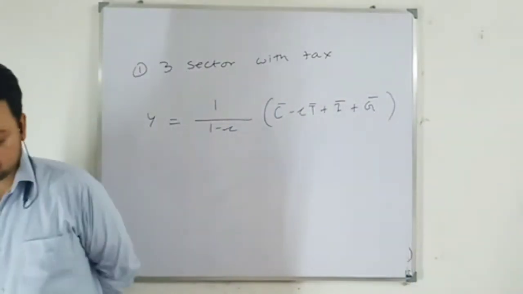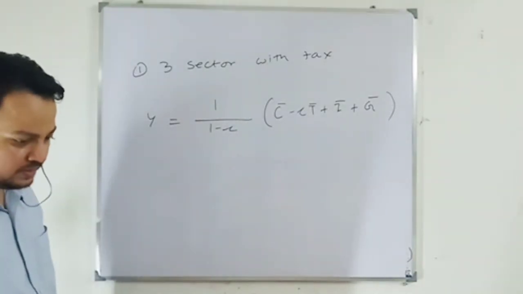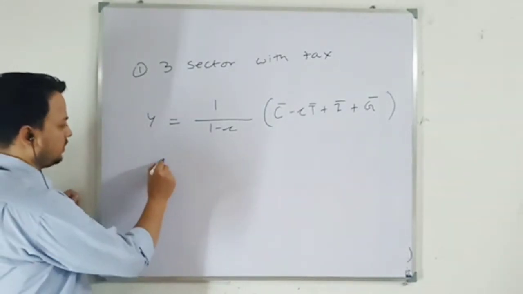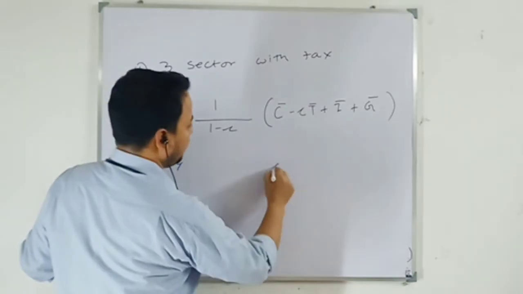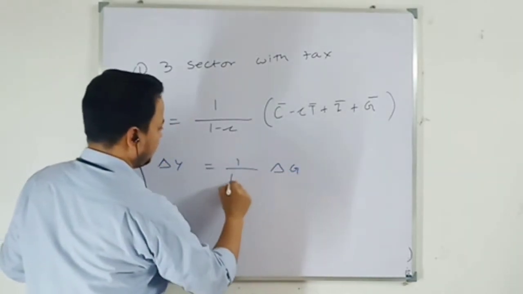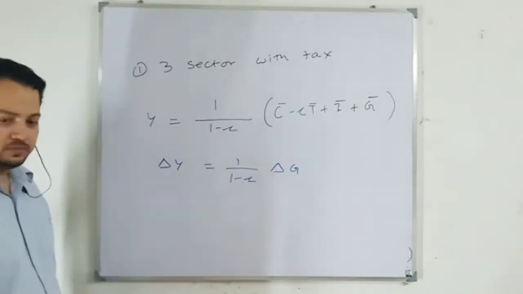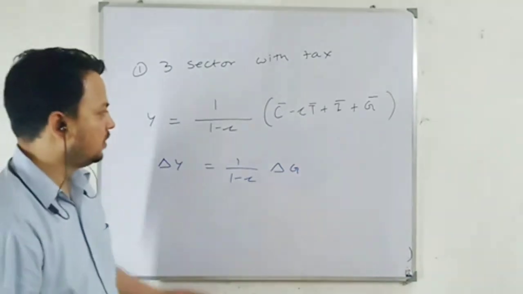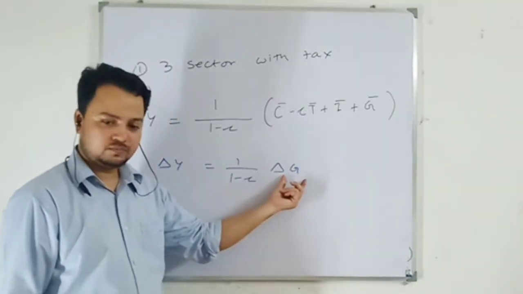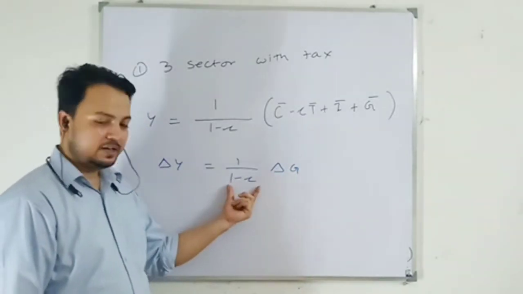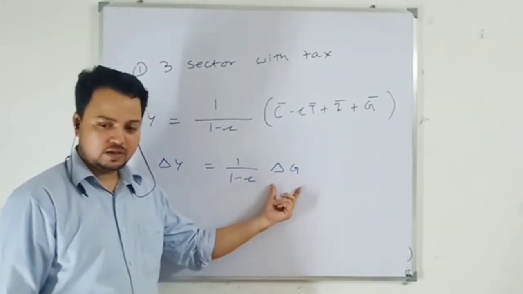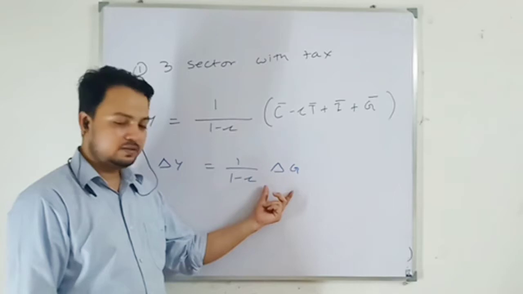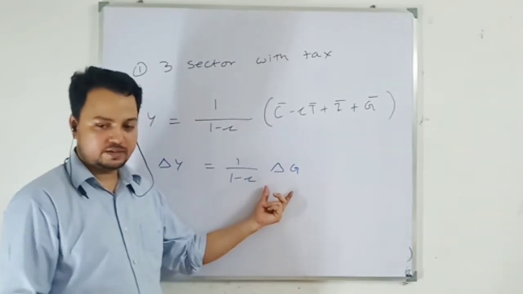And in the next paragraph, write down: increase in income due to increase in government expenditure is calculated by the following equation. Change in income due to change in government expenditure is equal to 1 over 1 minus C. So how will I interpret this? When government expenditure increases, income increases by the multiplier times the change in government expenditure. Generally I say income increases by multiplier times change in G, delta G.